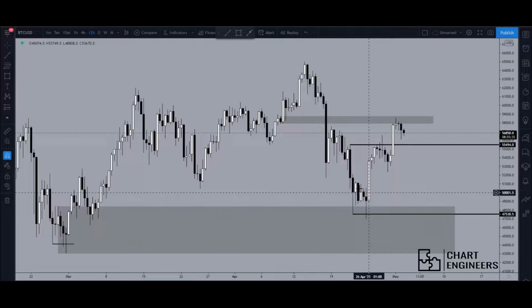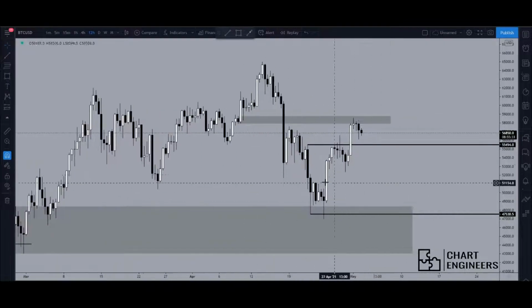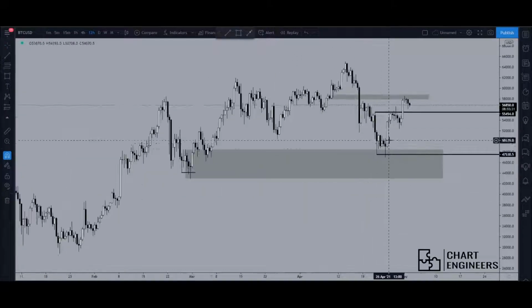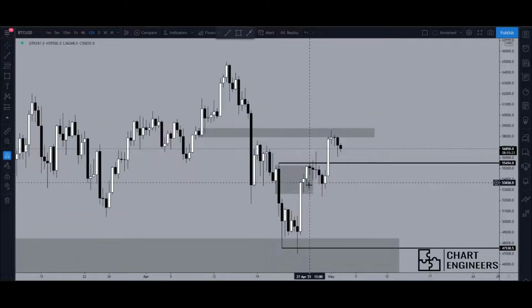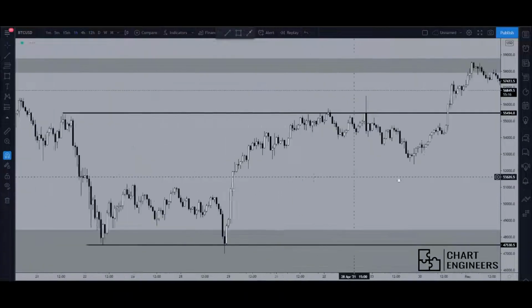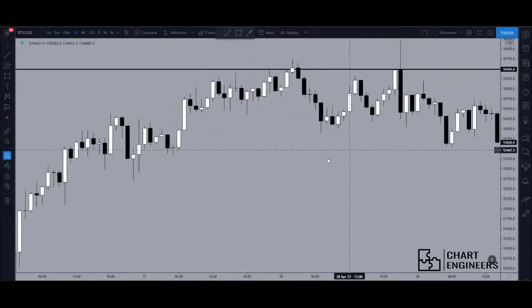Okay, and then so I knew we had a structure break. Was expecting price to continue lower on the weekly, and our 12-hour was still bearish. So we had our 12-hour order block here. As we see, the market continued up, swept above our market structure high. So then I was bearish, so I was looking for sells, and I also did sell